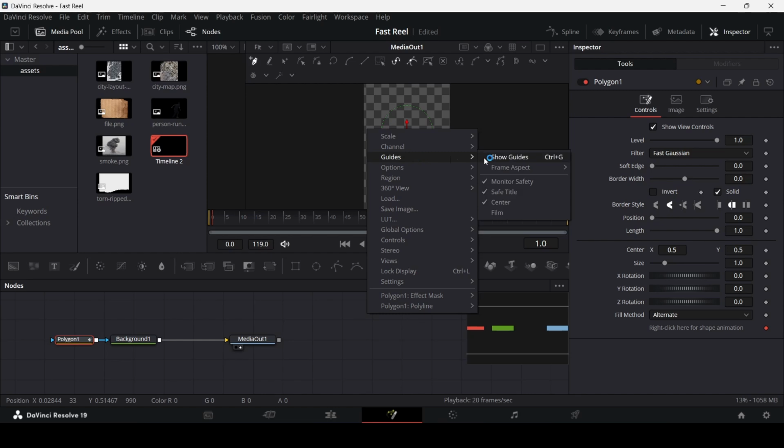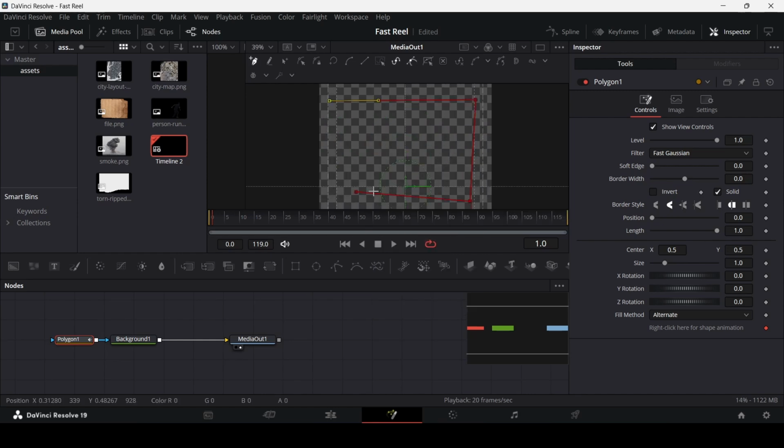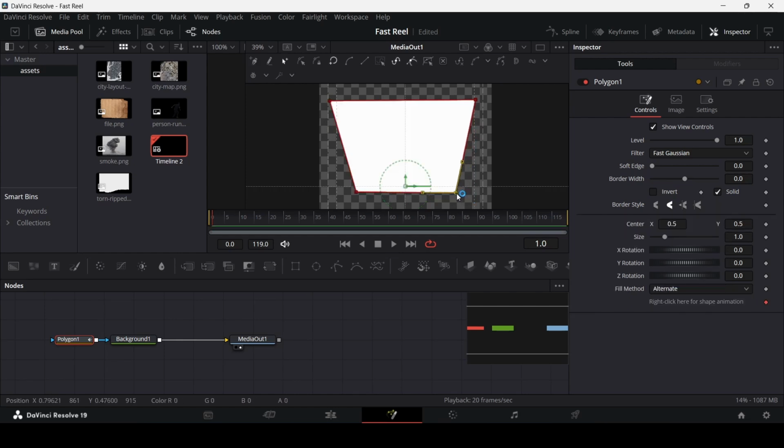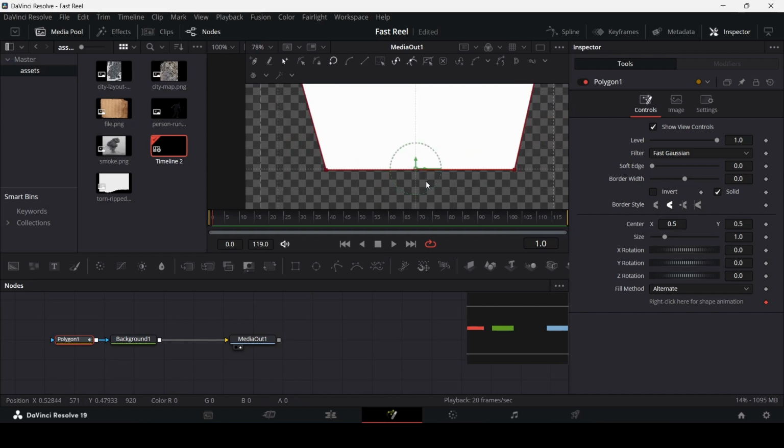So right click over here and click on show guides. So I just made these shapes right now. And once you have made a shape like this, you can just use the guides to make sure that these are on the same line. All right, now just zoom in and click over here and just drag this slightly upwards and also press this smooth. Now select this point and slightly move this up. This point, slightly move this up so that we get this shape like this